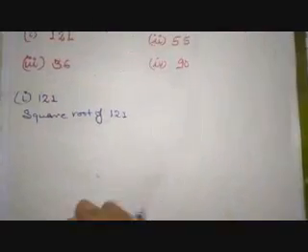Suppose I am having a number 121. What we will do is subtract this number consecutively by odd numbers in ascending order. At the end, it is necessary that we get 0 for a perfect square, and if we are not getting 0, that number will not be a perfect square. So let me show you one of the questions. Square root of 121.